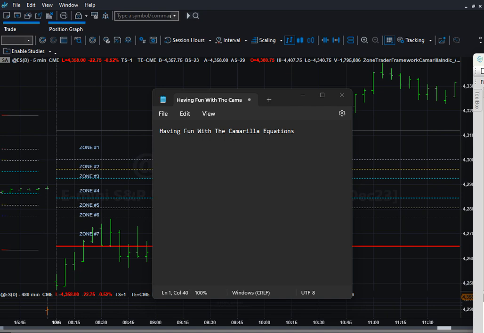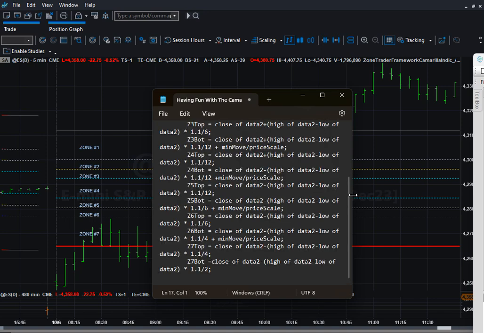And I'm using any session. I had originally designed this just for the day session of the stock indexes, such as the NASDAQ, the E-mini, and the Russell. But someone had requested this to be on a custom session or a 24-hour session, so I've converted the logic to work with that as well. And here are the equations for each